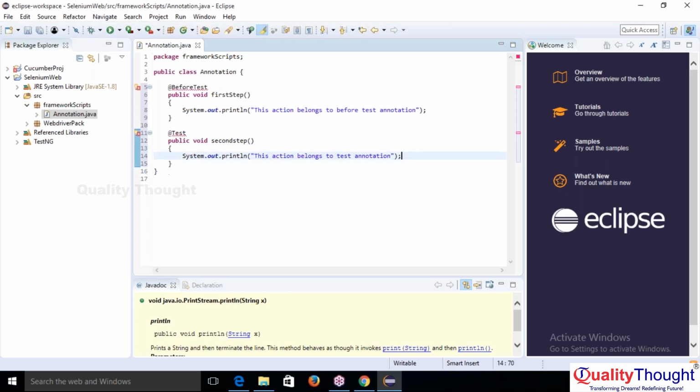And one more, I'm going to design one more method after test, public void third step,